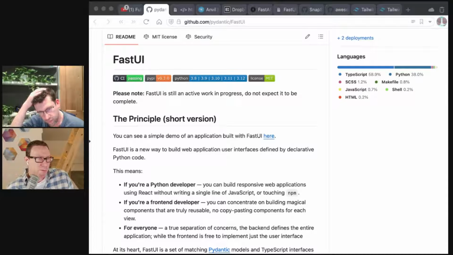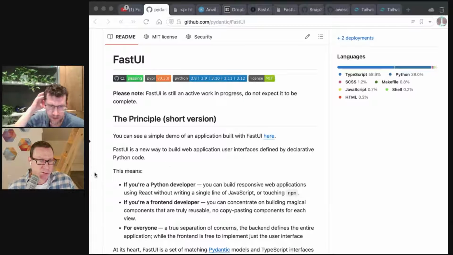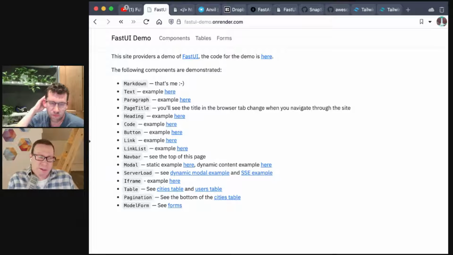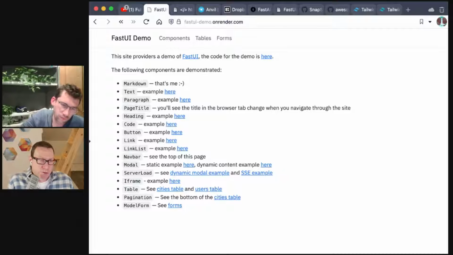But I do want to go to the demo, and before we get to that, let's take a little survey of what these widgets, these building blocks that you can use, are. Is that all right? Yeah, absolutely. I think I can find them here. You've got a FastUI demo, which I'll link to at onrender.com. Talk about some of the things that you can just create in that Python hierarchy that you return that builds up your UI. Maybe talk us through some of the things that are here.